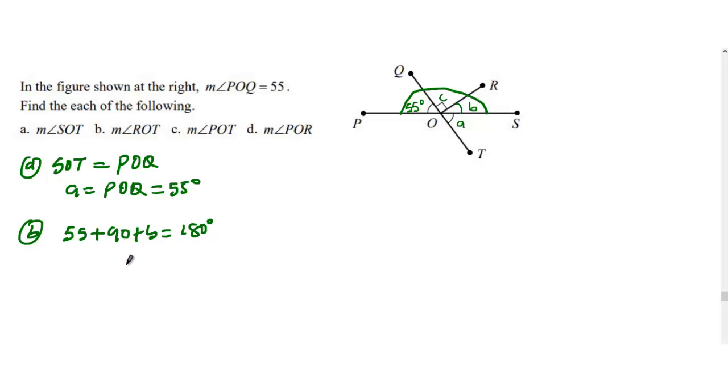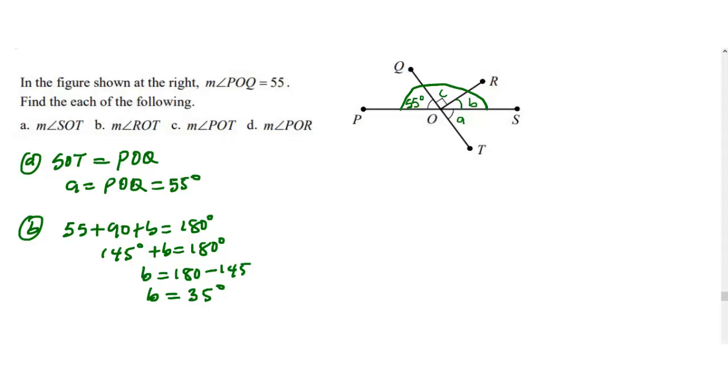So 55 plus 90, that is 145 degrees, plus B will give us 180 degrees. So B will be 180 minus 145, and that will give us 35 degrees. So B basically is 35 degrees. So since B is 35 degrees, we can therefore, I don't want to move away from this, so we can say, therefore,